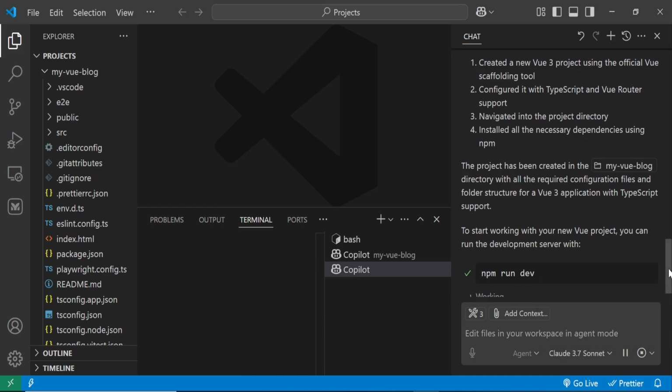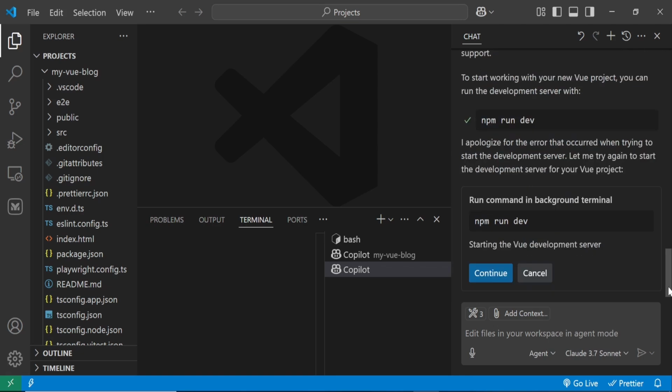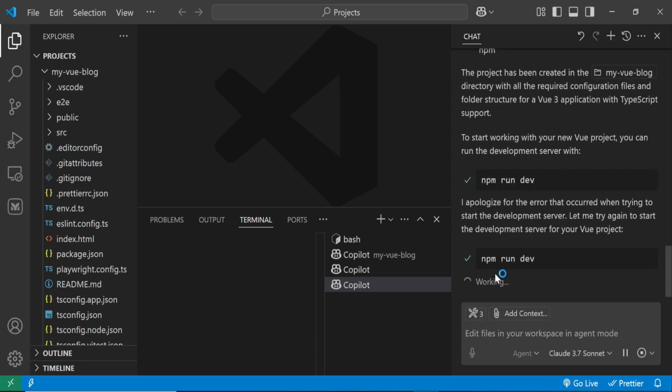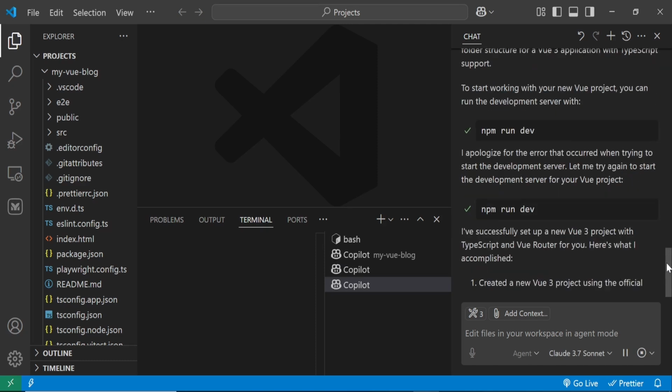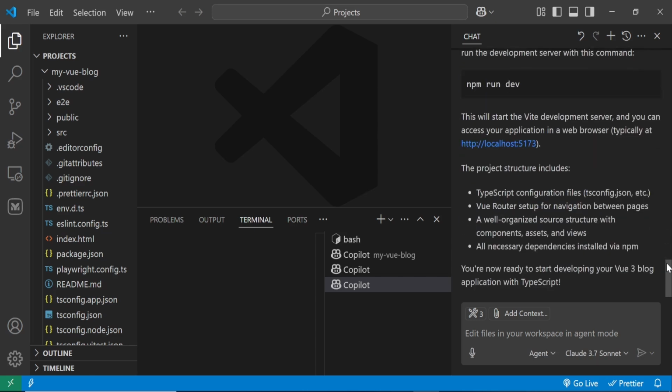Of course, you need to run this so that we can run our project. So I apologize for the error that occurred when trying to start the development server. Let me try to start again. So it will continue iterating. If it gets an error, it will continue working on that error. And as you can see now,